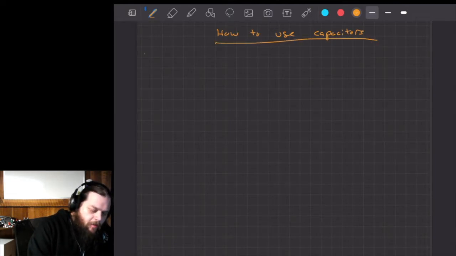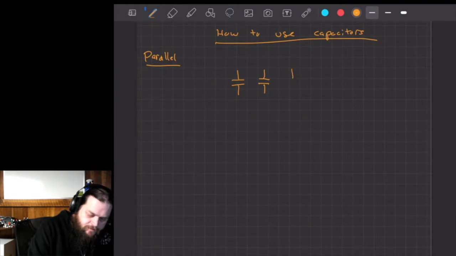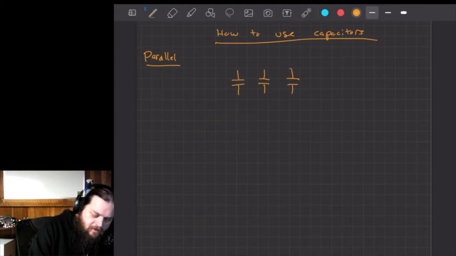So if we're talking about a parallel circuit, that means that we have capacitors that are connected. This is the symbol for a capacitor. It looks like two plates kind of connected together. And if we have a few of those lined up where they're all connected to the same circuit on each side,